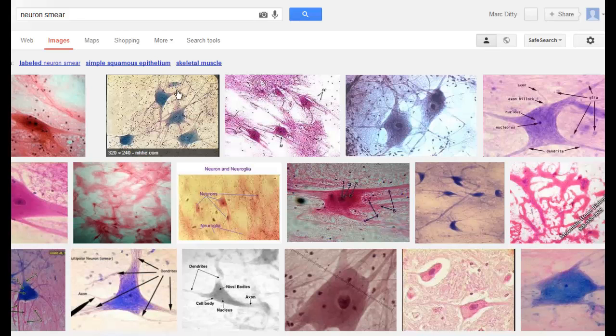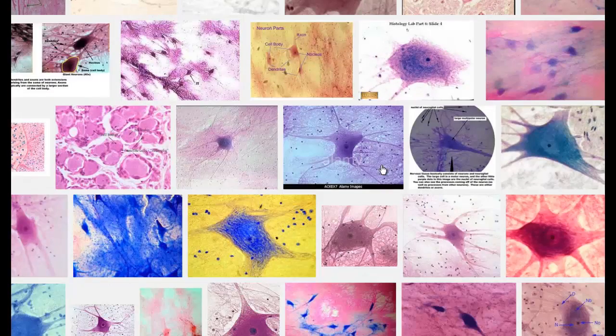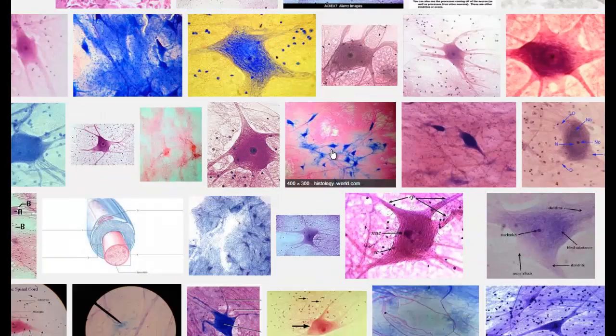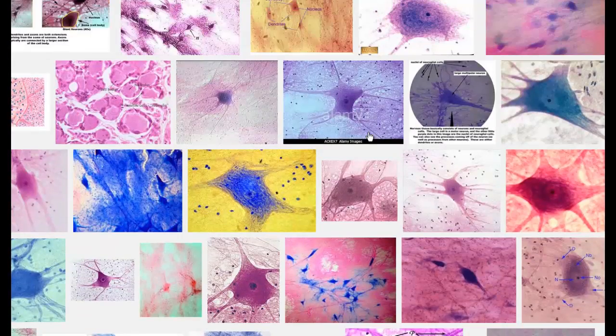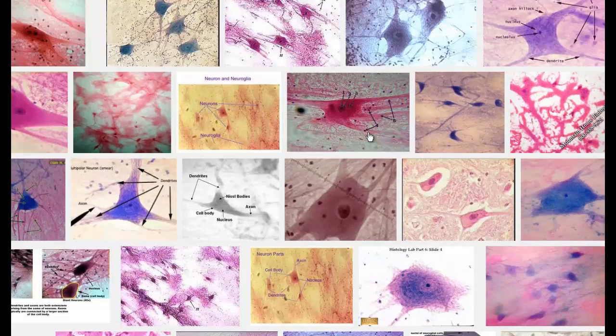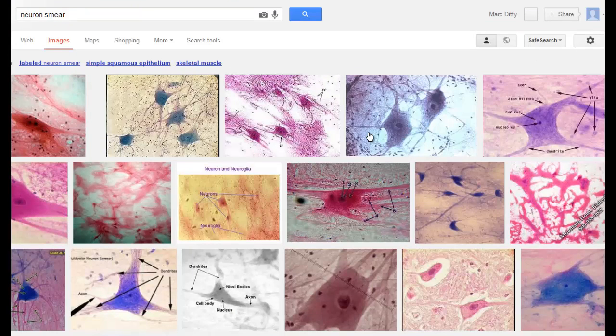Now, most of these will be dendrites. And you can scroll through these and find some examples. Here is another good one here. Admittedly, on the University of Michigan's website, it's fairly difficult to find great examples of isolated neurons on those particular slides. But I just wanted to show you that they were there, and you can definitely see nerve processes. Cell bodies are not brought into resolution with as much detail